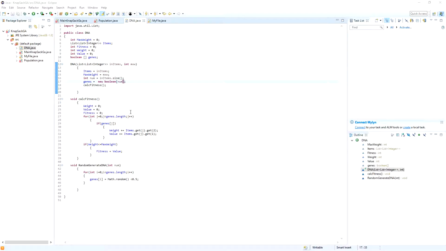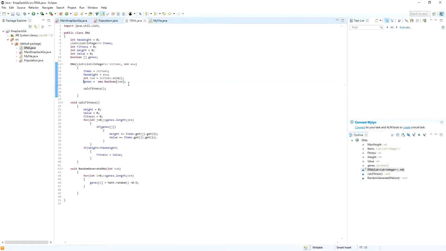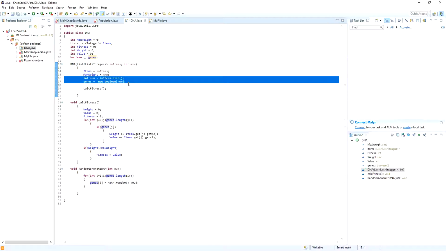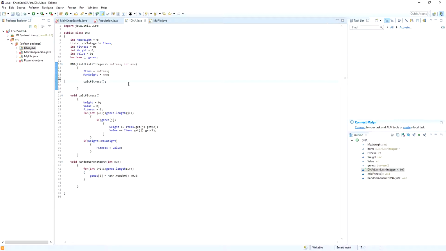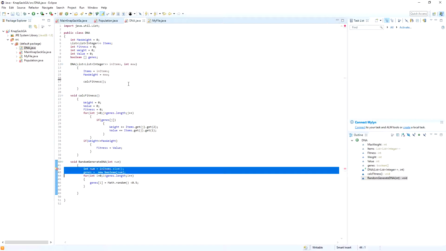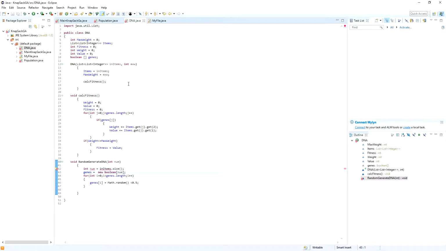Indeed, I just didn't change the logic from the last time. I just tried to make my DNA a little bit more improved. And I can take these two lines of code into the random generate DNA function, and I'm going to use that function. Okay, I don't even need to pass the num because items is accessible to everybody in the